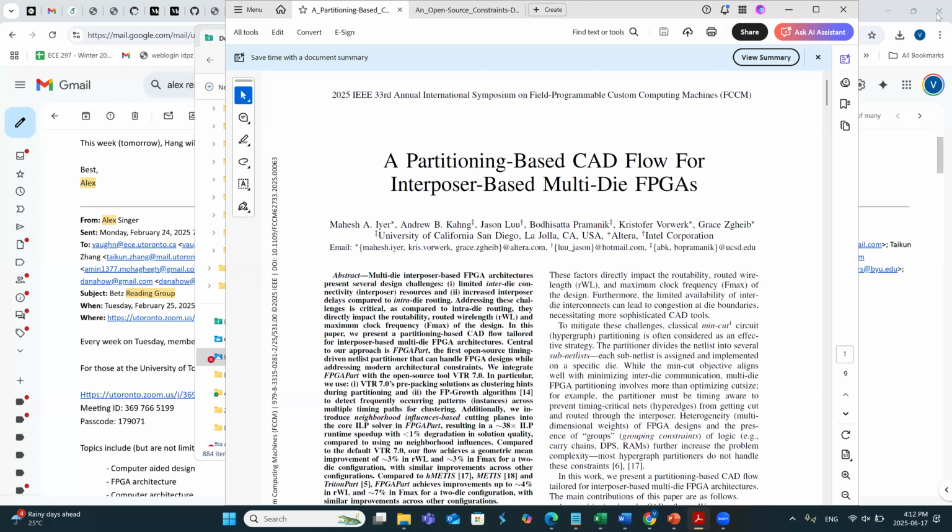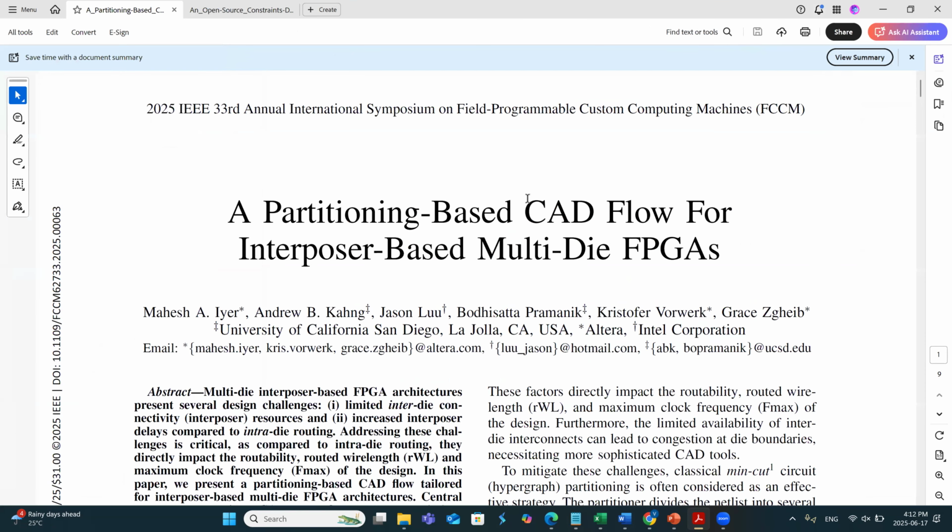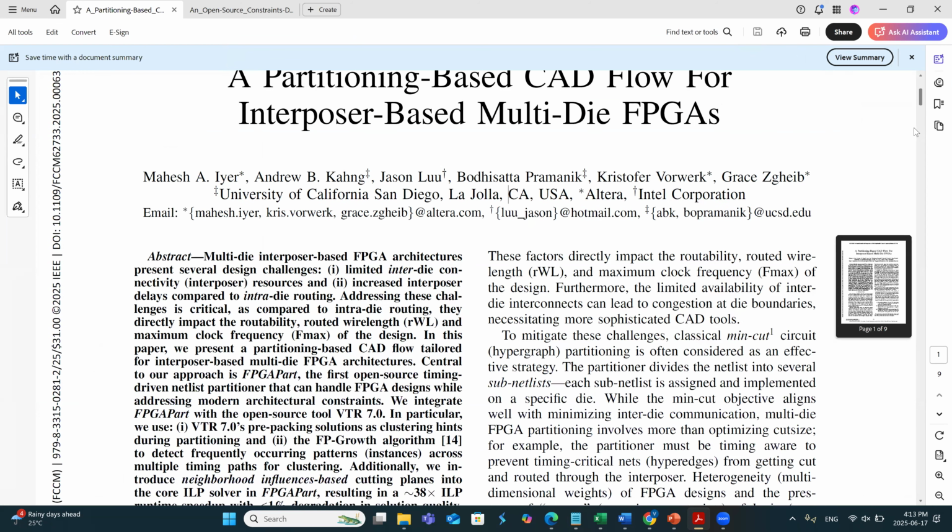Okay, welcome back, everybody. And we're talking about part two of this new partitioning-based CAD flow from Andrew Kahn's group. And let's see, where was I? So let's maybe recap where we were. Okay, so we talked about the original paper that